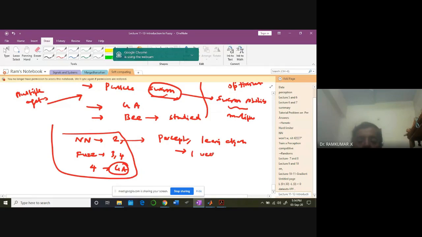So by next week, take 1 week time. Try to build one Python or MATLAB code for perceptron. Train it with some data set, and I will raise an assignment one in Google Classroom to submit it. Take 1 week time. I don't think it will take that much time because already you are quite comfortable with perceptron. You can build your code on your own.